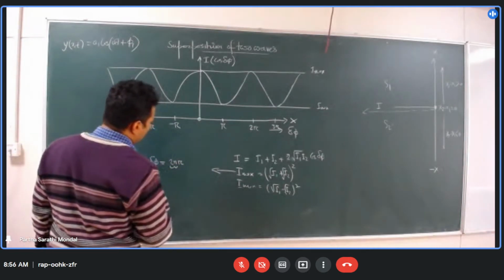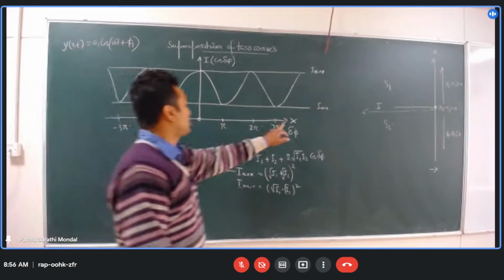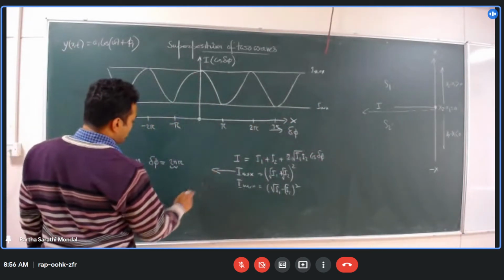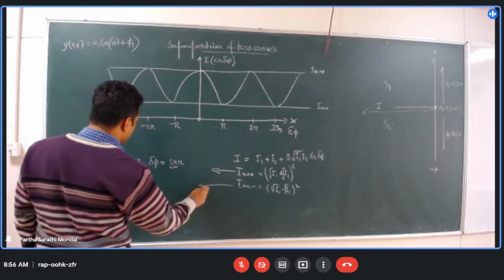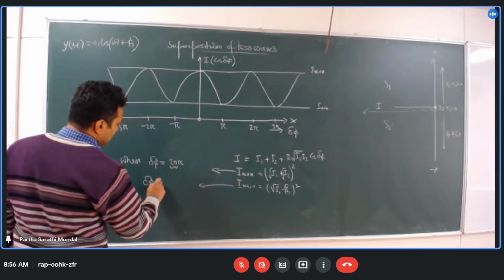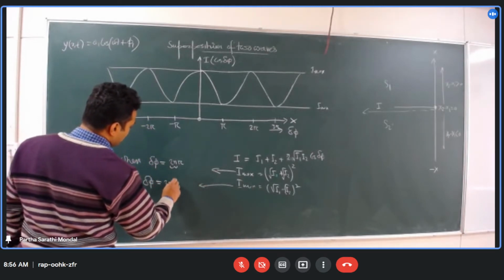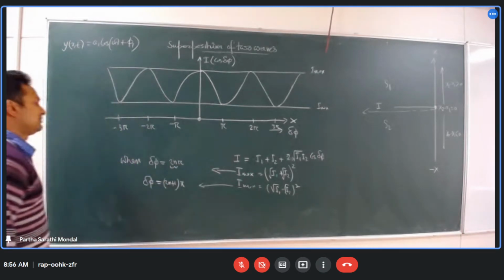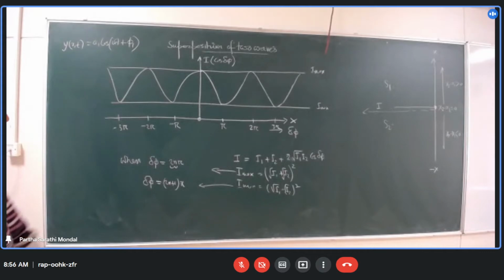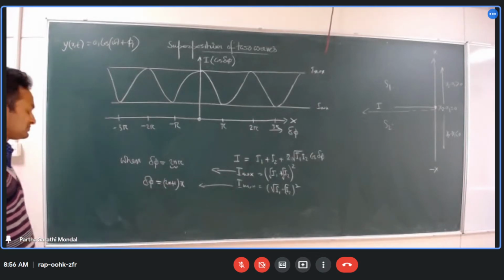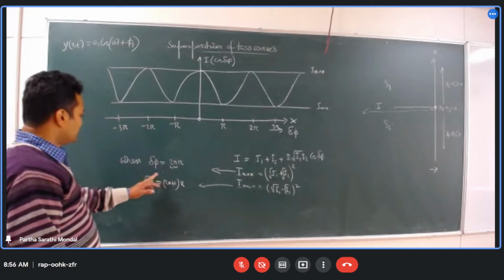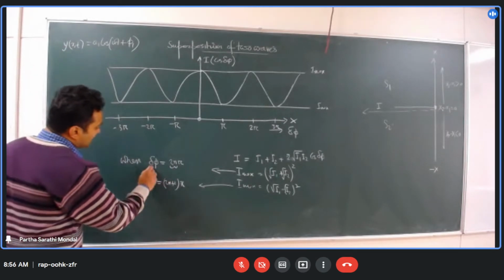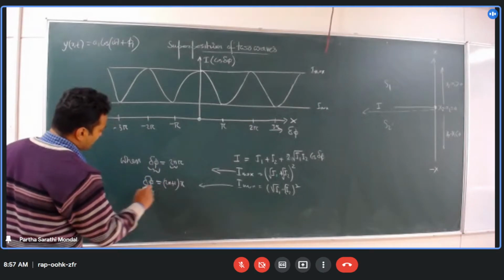Even multiple of pi, meaning 2 pi, 4 pi, 0, like that. This is I max, and for I min, delta phi is (2n plus 1) into pi. So now this is your path difference and phase difference. तो ये condition है maximum minimum जो मैं phase के form में लिखा हूँ, phase difference के form में,